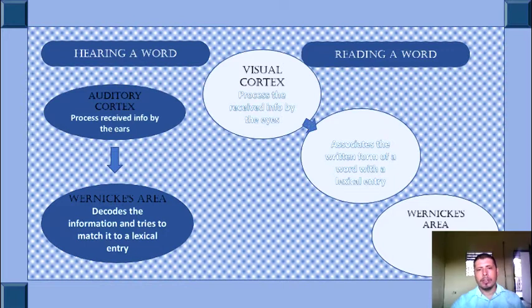So when reading a word, the visual cortex processes that information through the eyes, because it's visual. So we read something, it's processed through our vision. Then what our brain does is associate the written form of the word with a lexical entry, something that we have learned through writing. And then we decode the word, and we are able to do the pronunciation